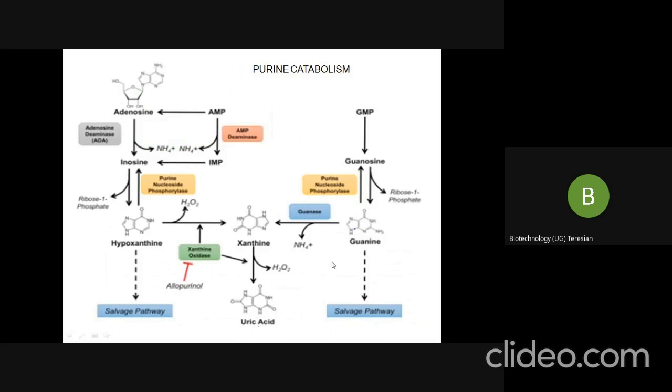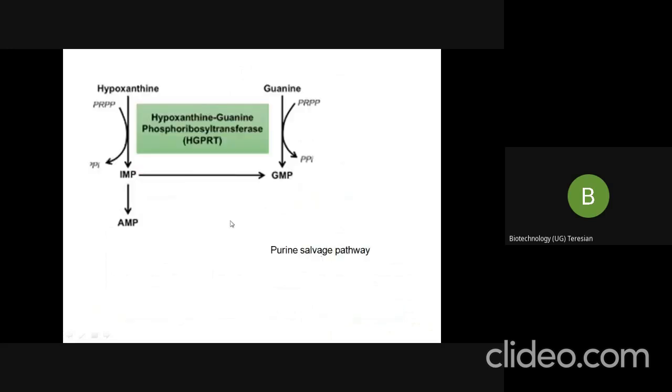Otherwise, both of them can enter into the salvage pathway. If they enter into the salvage pathway, what happens is your hypoxanthine and guanine, your hypoxanthine in turn gets converted to IMP. So once it gets converted into IMP, you know that you can always synthesize your AMP and GMP, right? So your guanine can get converted into GMP and your hypoxanthine into IMP. It is catalyzed by the enzyme hypoxanthine guanine phosphoribosyl transferase,